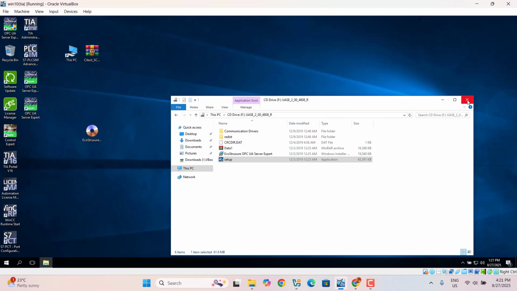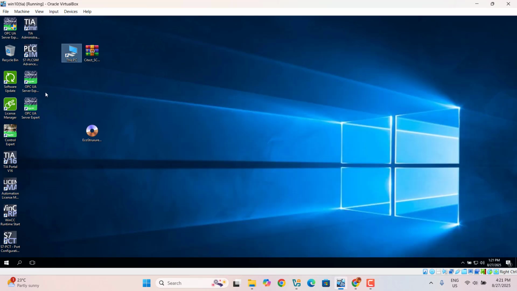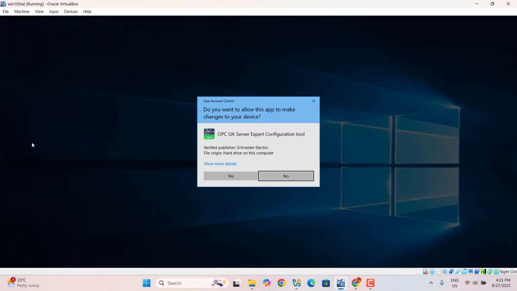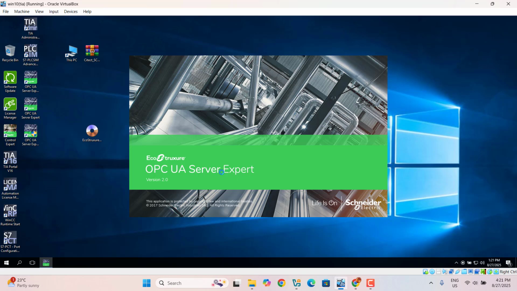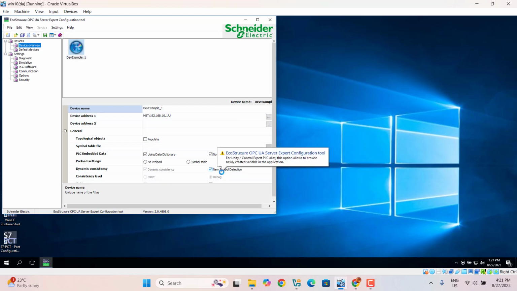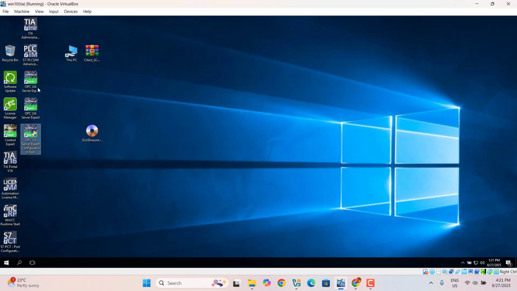Okay, now it's done. We can see it has three OPC UA items. One is the OPC UA Server Expert configuration tool. Okay. Here, Simpson OFS. You can figure out which one is OPC UA. Okay, your connection between PLC, then this sample is OPC servers